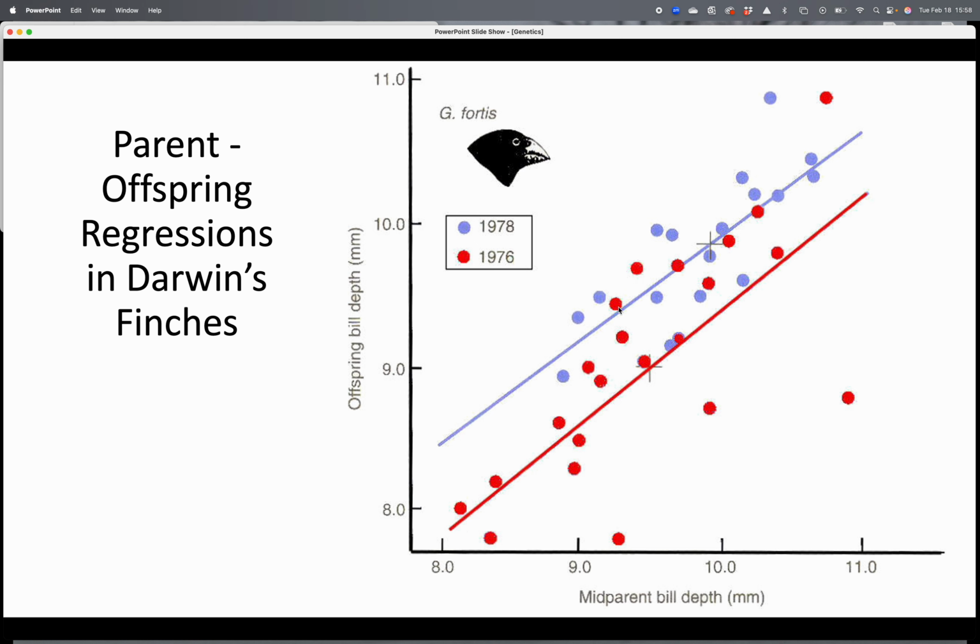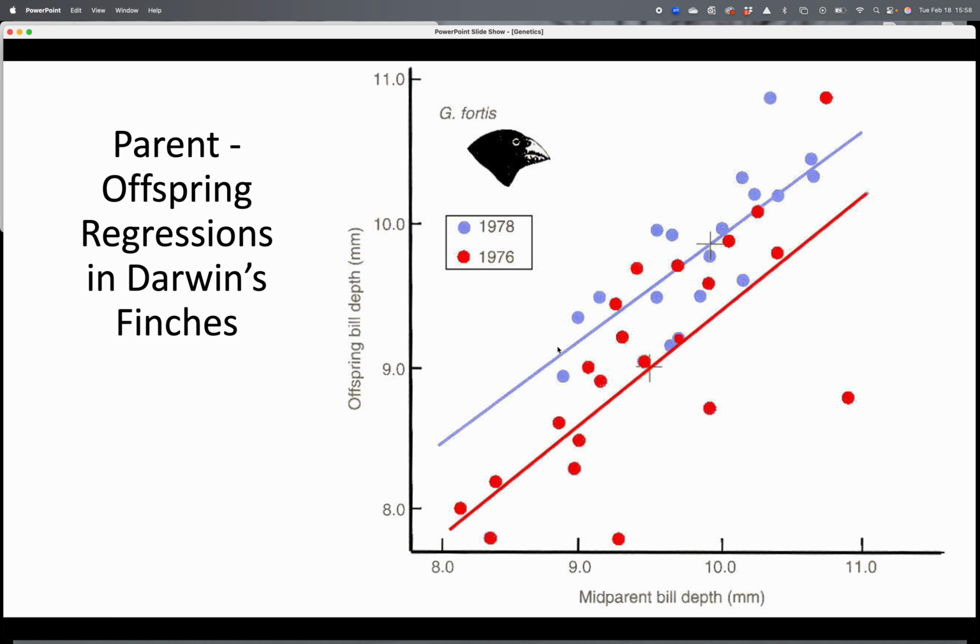When we look at the blue line and the blue dots, you'll notice that the bivariate mean is higher. The bivariate mean from 76 was about 9.5. By 1978, it's almost up to 10 for the parents, and the bivariate mean in the offspring is also shifted upward. But what I want you to also pay attention to is